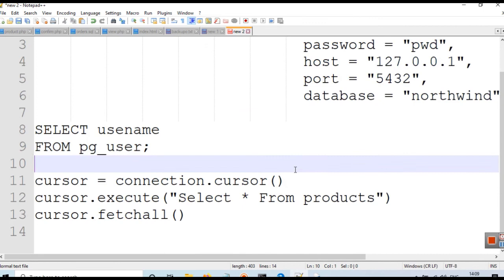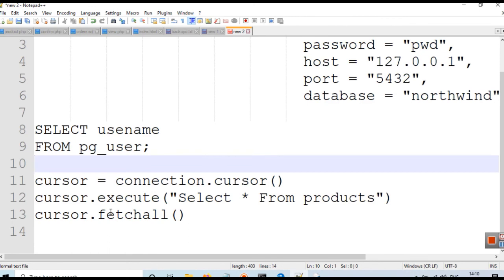Then you can create a cursor. A cursor is used to execute commands; it can take an SQL command and execute it. We have executed a very simple command here, and then we can use fetchall to fetch all the results. The results will be in a Python list, and then you can do anything with your Python list.